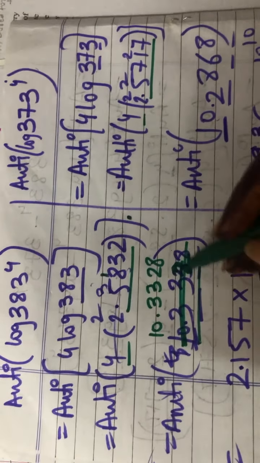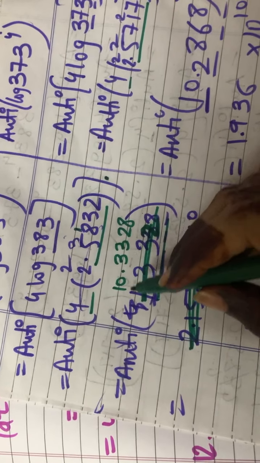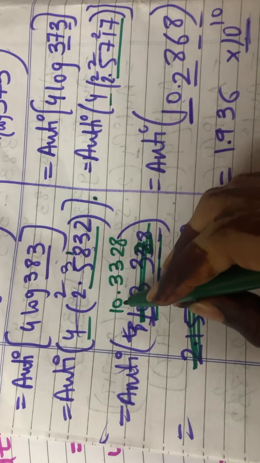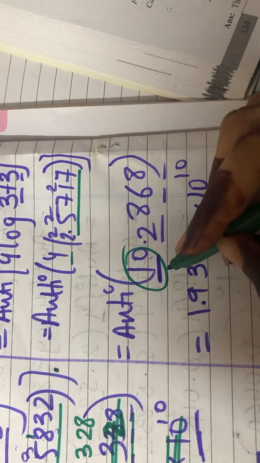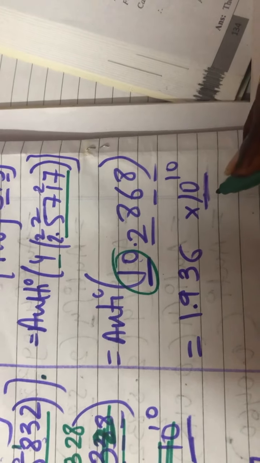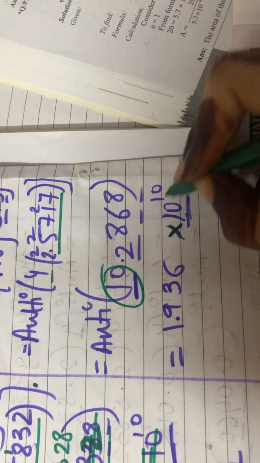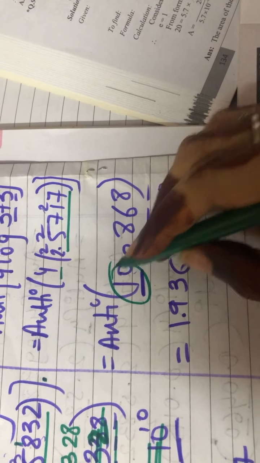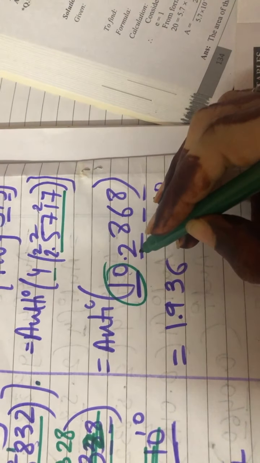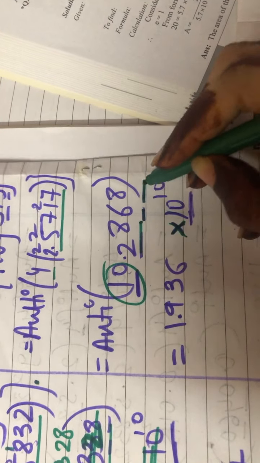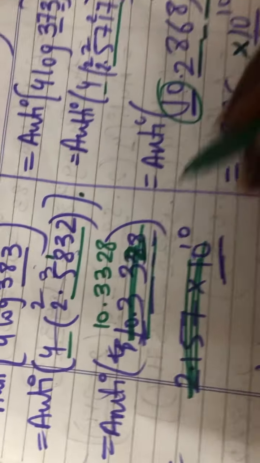Now I will be finding, as I did some mistake over here, the antilog of this digit. Before that, let's see for this one, antilog of this digit, since we have 10 over here before the point, directly we will have 10 raised to 10. If we had 3 over here, it would be 10 raised to 3. It is 10, so 10 raised to 10. And I have seen the antilog for 28, 6, 8. Then I got this as the number, that is 1.936.